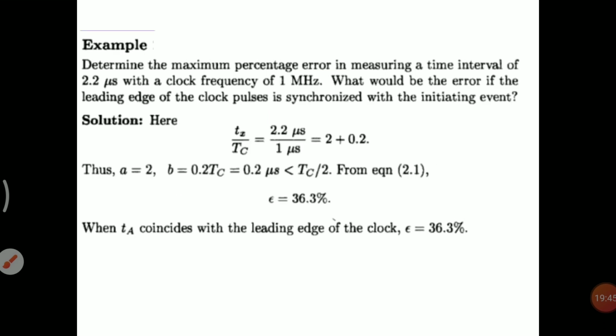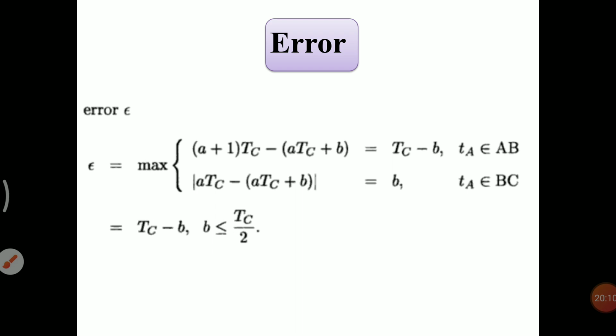So the error is Tc minus B. Now we know that Tc is 1 microsecond and B is 0.2, so we obtain 0.8. Then 0.8 divided by the total time interval Tx, that is 0.8 divided by 2.2 into 100%. So we'll obtain the percentage error as